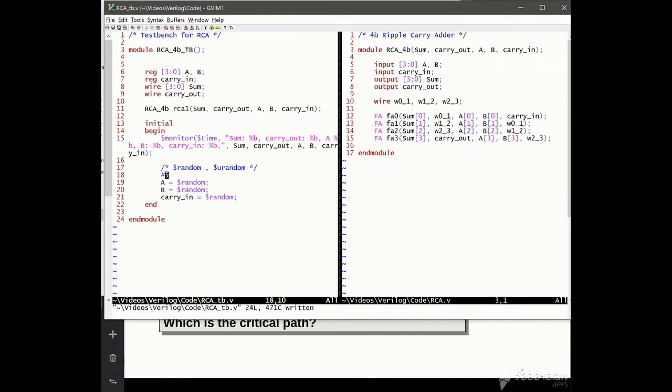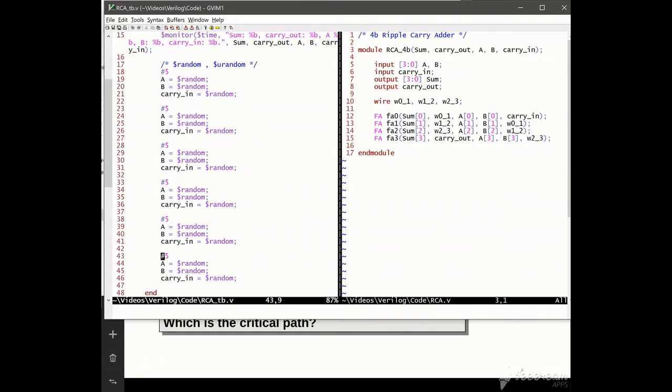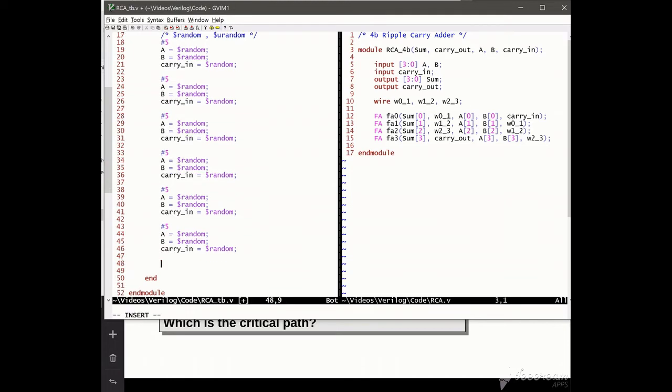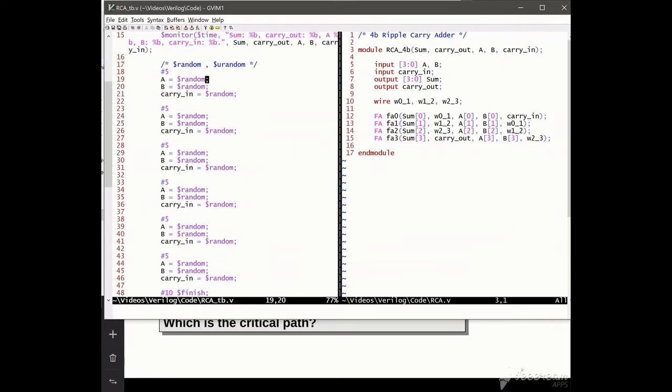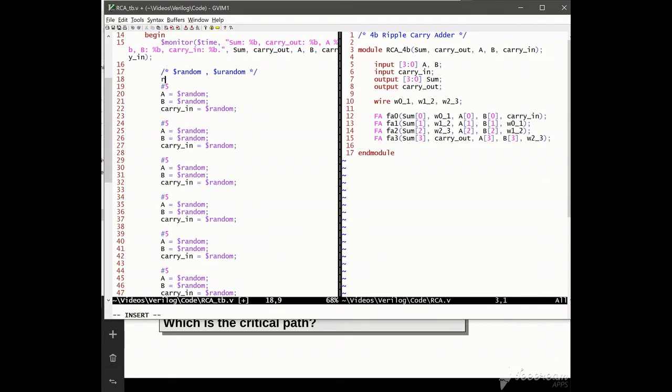Now we'll feed a few of these, so we'll say 5 times. So I've just generated the same thing 5 times. I could either write this code 5 times, and then I just finish, or